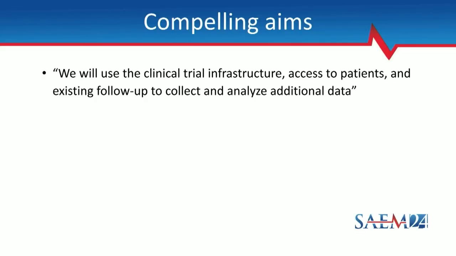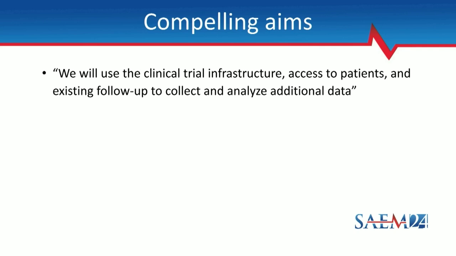So a little bit more about aims, and I think this does get to be perhaps a bit more distinct for an ancillary. A common aim that I hear floated during early stage brainstorming is, wow, there's this really cool trial that's going on. There's a network like SIREN or StrokeNet or something else, and they're already screening, already enrolling, already collecting data, already following up on patients. And if I could just get this piece of additional data,